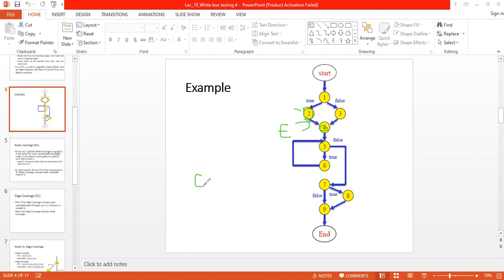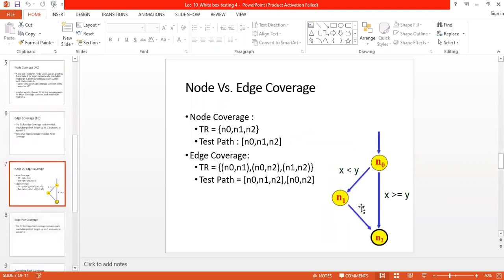It's because we know an edge is always adjacent nodes, right? 2, 4, 3, 4, 5, 6, 7, 9, etc. So if I represent it in a written format, in the node coverage for this particular case, we can see that we have two nodes.